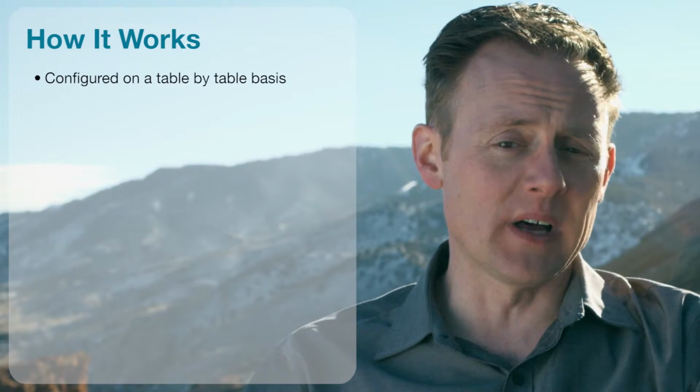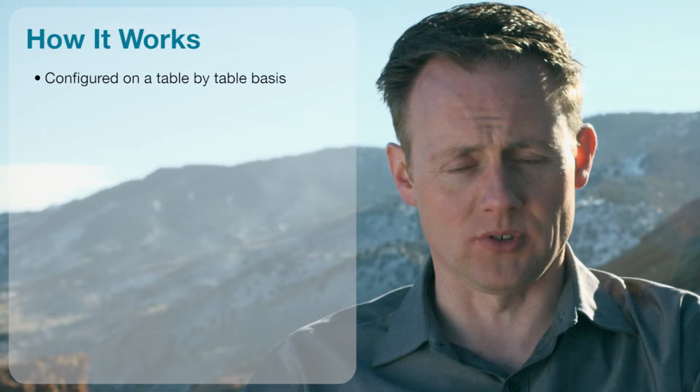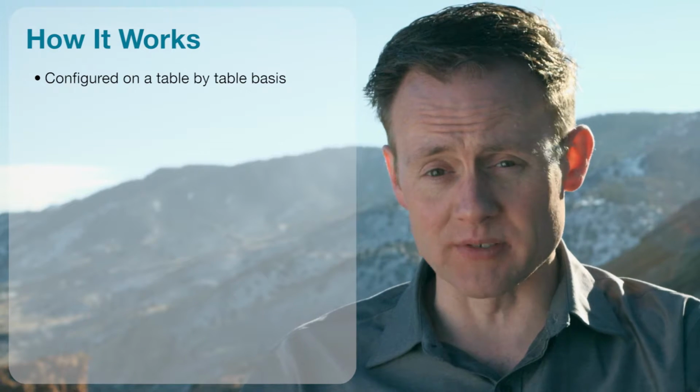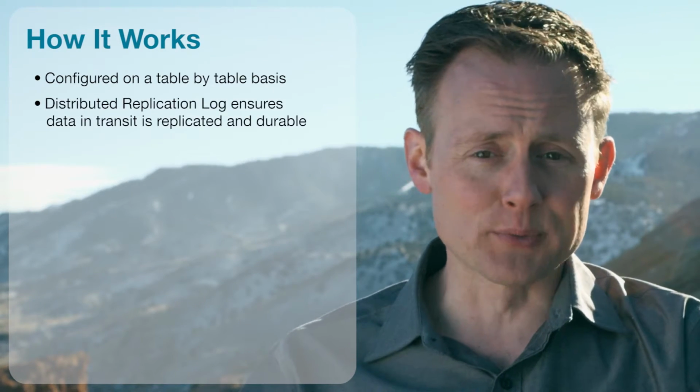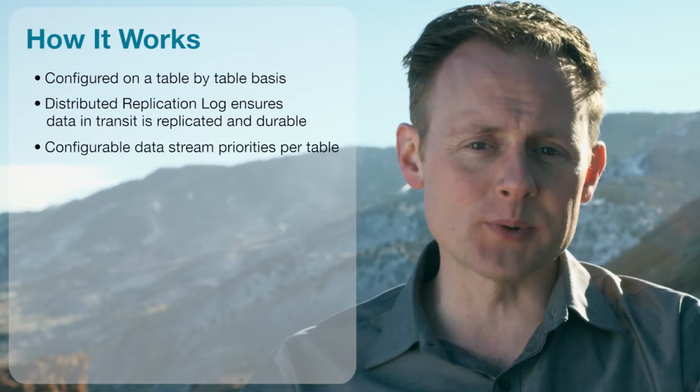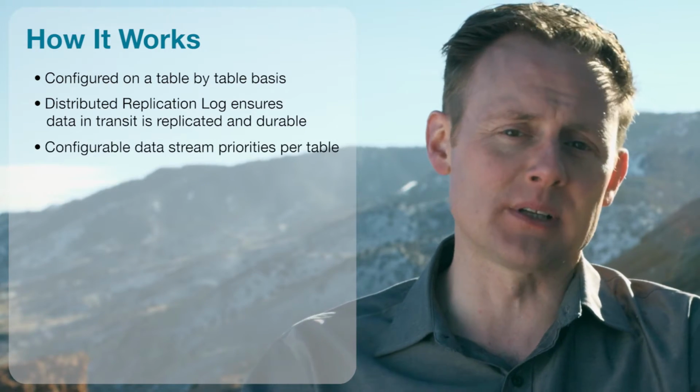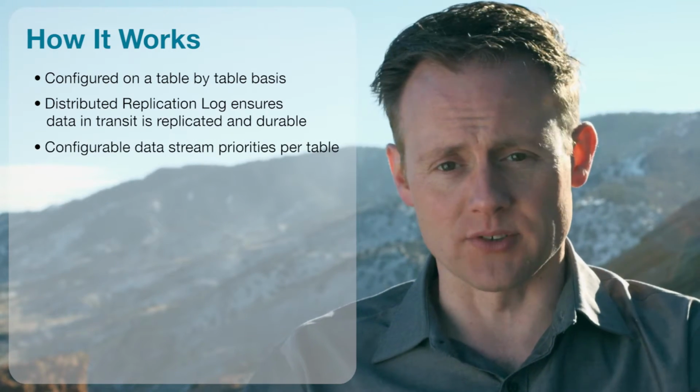Advanced replication is defined on a table-by-table basis. So in one of these spoke clusters, you'll enable advanced replication on a table, and then that cluster will batch up its writes and send them back to the hub. This is completely different from the normal Cassandra replication process. There is a distributed replication log that's written in the spoke cluster that's used to ensure data is delivered properly to the hub when the connection is available.